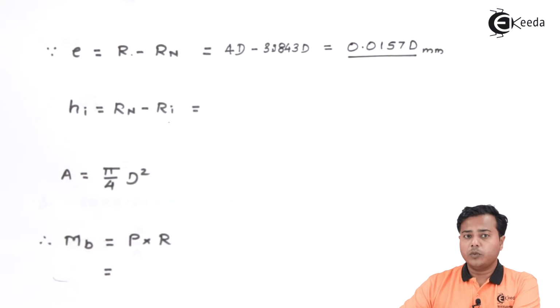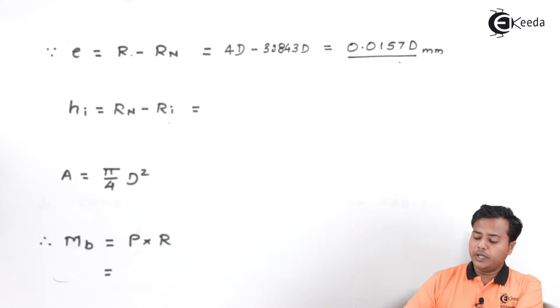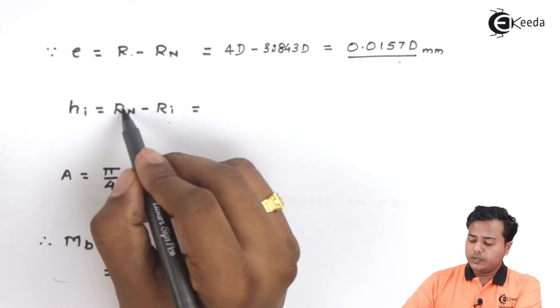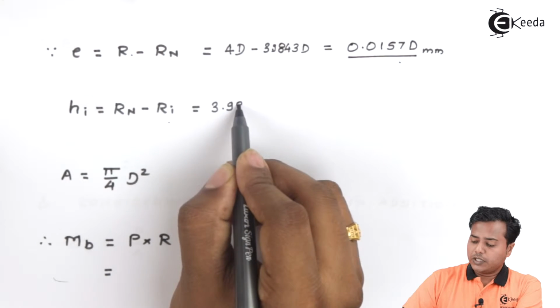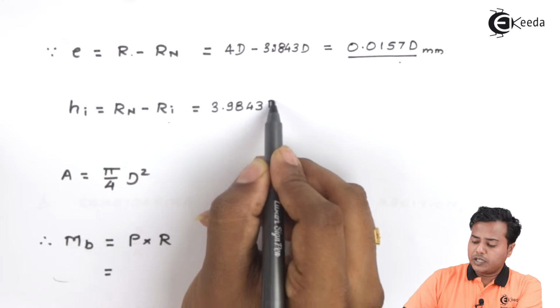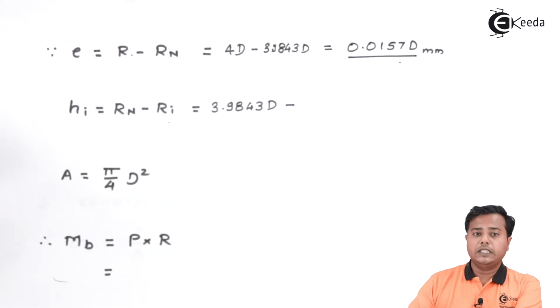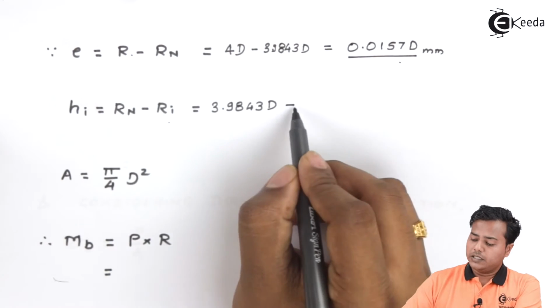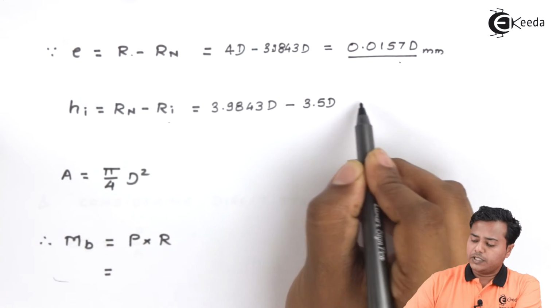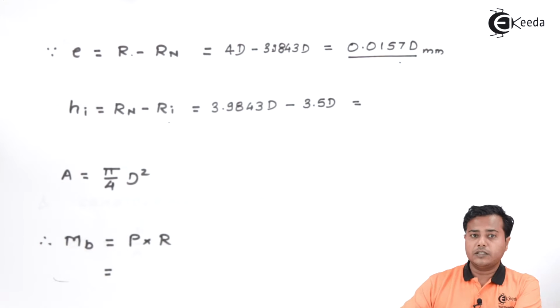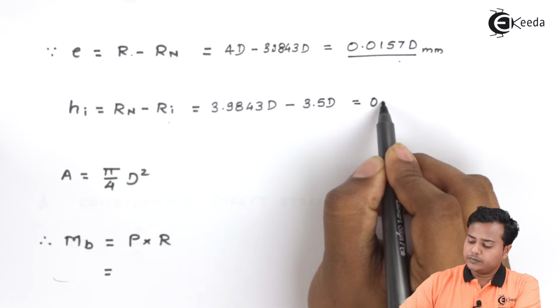So that is how a very small eccentricity is obtained in this particular case. To move ahead with the hi value, let's consider the Rn value, which is 3.9843 times diameter D, minus the inner radius, which we have found out is 3.5 D. The answer somehow comes out to be